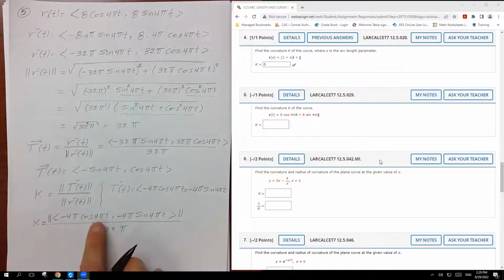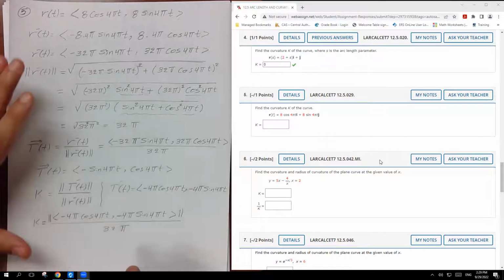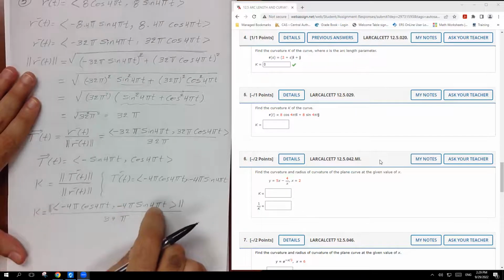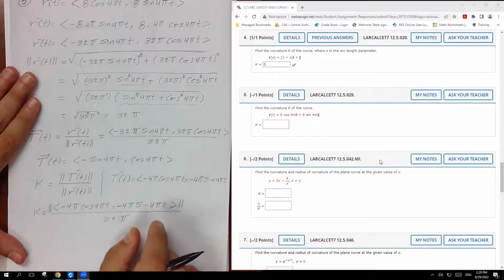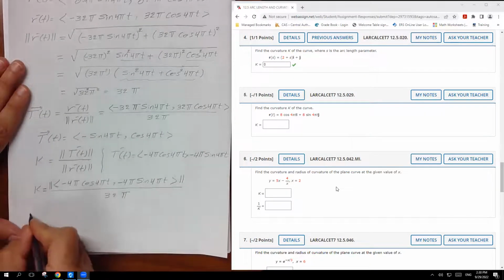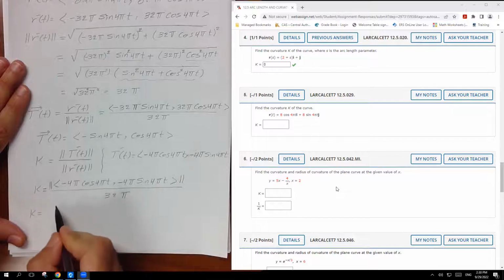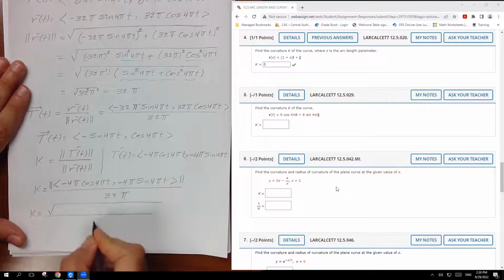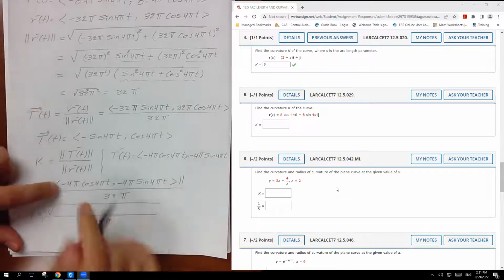So now take the length for this one. It's going to be a square root. This is squared, this is squared, this is squared, this is squared. We can square everything here and then take it out. Over 32 pi, so the curvature is going to be the square root of